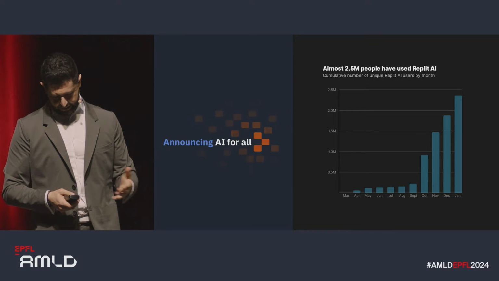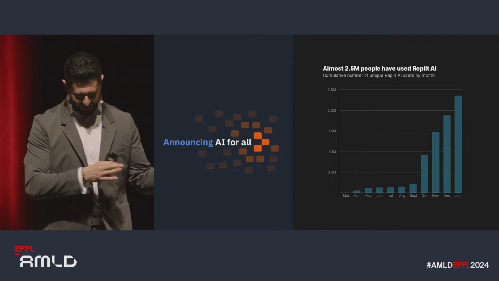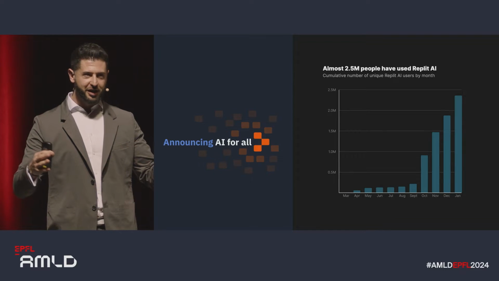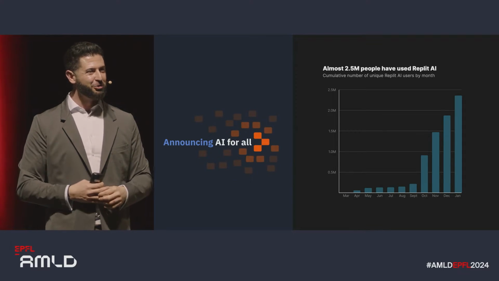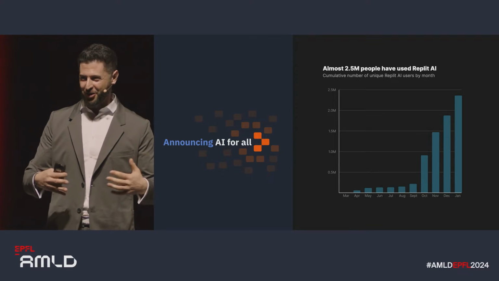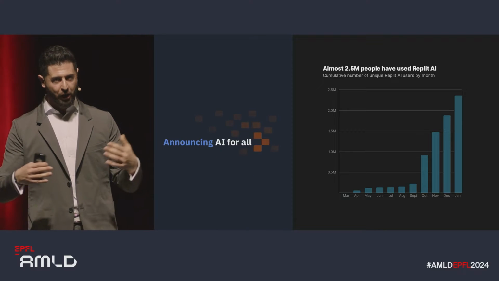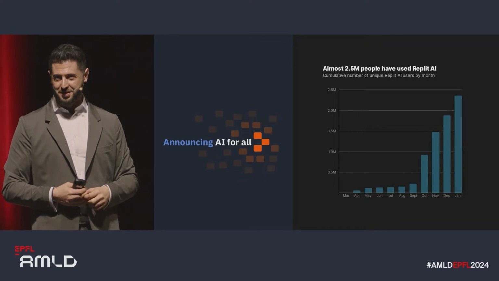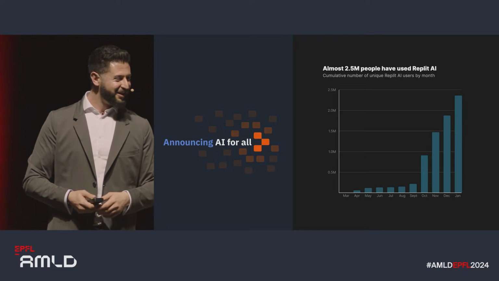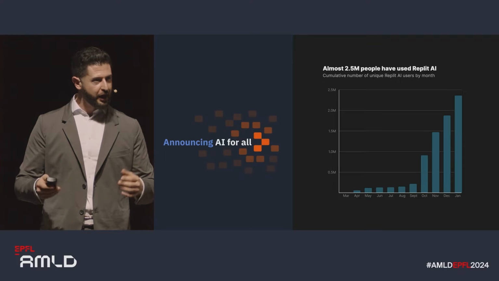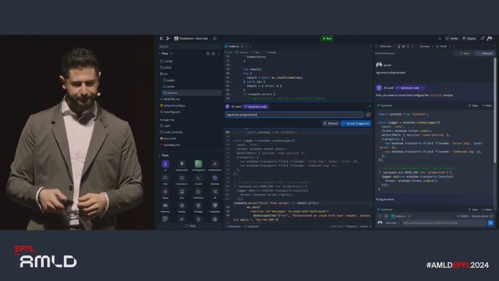Now, as you can imagine, in a past life, I was at Google. Launching something that requires a 100x workload spike overnight is relatively uneventful. It's something that, as a large company, you're trained to do, and you have all the infrastructure to make that happen. This was very scary for a startup, but we came out unscathed. I'm very proud of that. So as of today, you can log in on Replit right now, and you get the full power of AI.